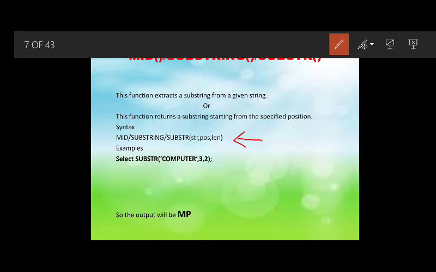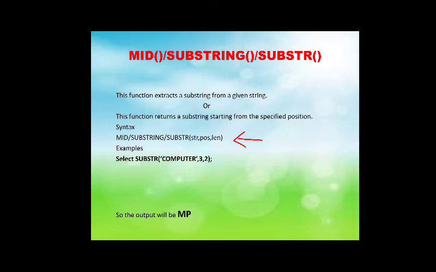Now let us see the example. Select substr of computer, 3, 2. What is the second argument? That is 3. In computer, C is the first letter, O is the second letter, M is the third letter. So the position from where we are taking the substring is 3.